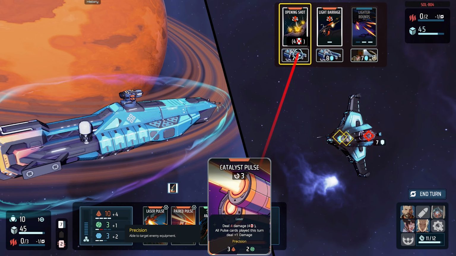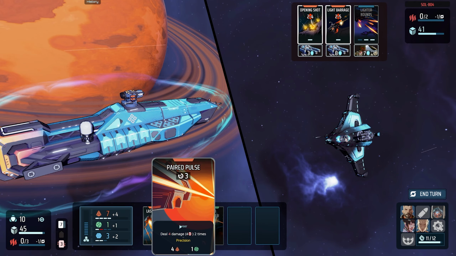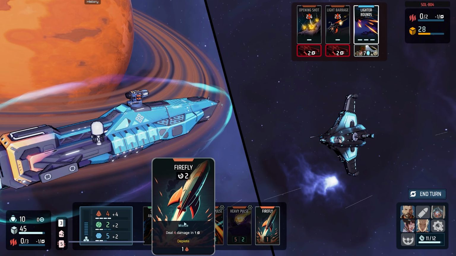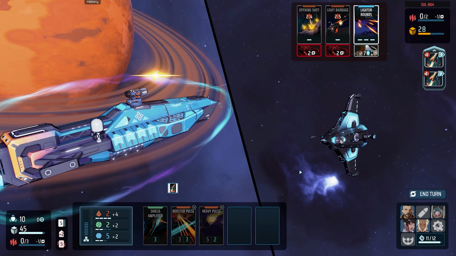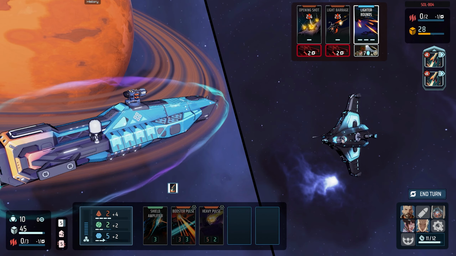Let's... you know what? I can take out both of their weapons, because I can do 4 damage 2 times. And then I can do laser pulse on the opening shot. Nice. So they can't do any form of attack for 3 turns, which means we don't have to worry about shields. We don't have to worry about anything but shooting over some missiles and things of that nature. I love it. It's going to allow us to...